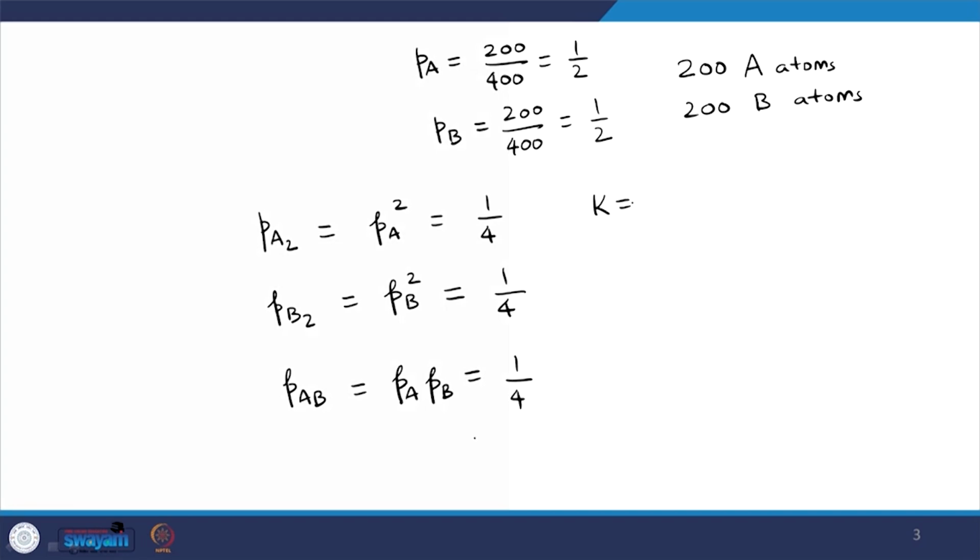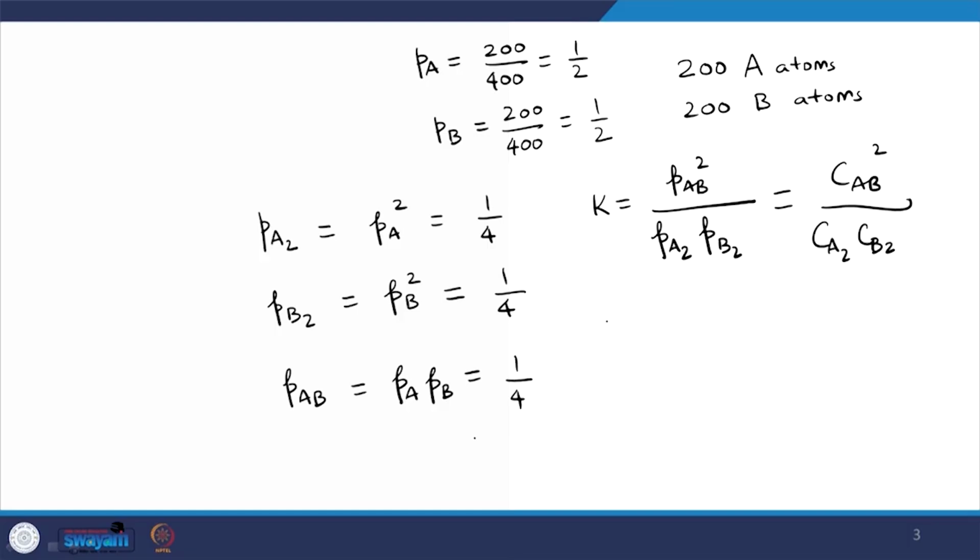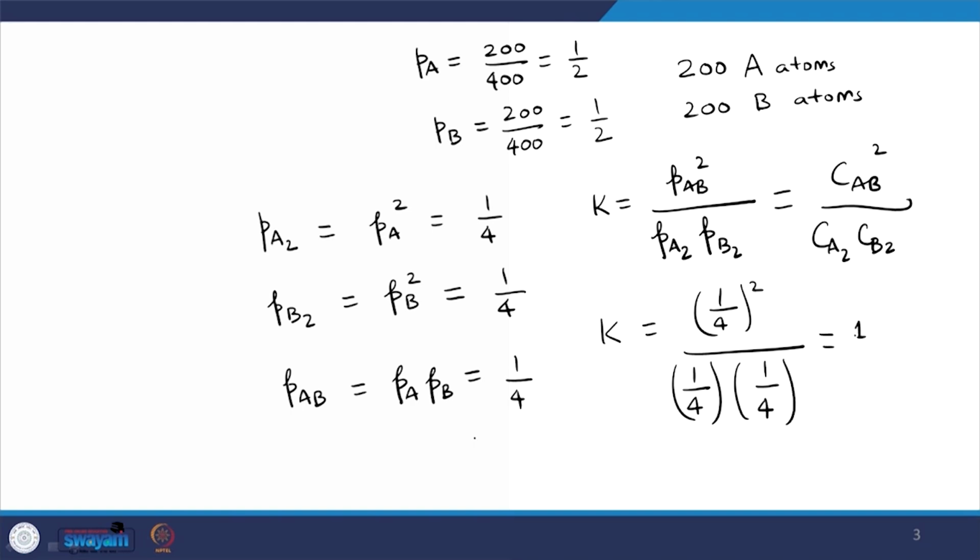So, we have K is equal to PAB squared divided by PA2 PB2, or the same thing in terms of concentration, that is CAB squared divided by CA2 CB2. So, we can find K as 1 by 4 squared divided by 1 by 4 multiplied with 1 by 4, and that is equal to 1. That is the equilibrium constant for this reaction. So, irrespective of how many atoms of A and B I am starting with, I am getting the same equilibrium constant, right. So, chemical equilibrium therefore